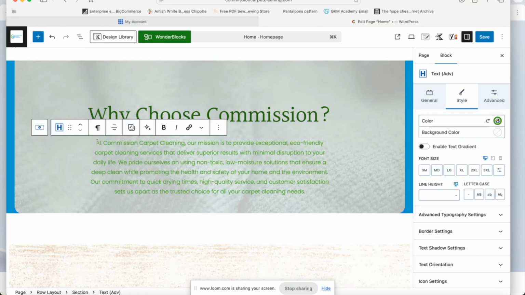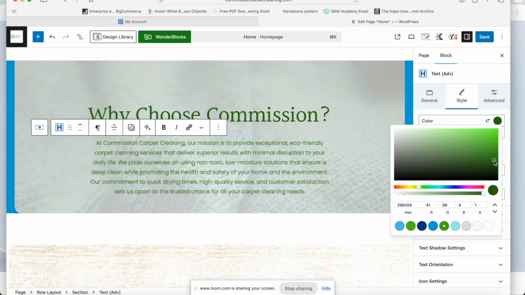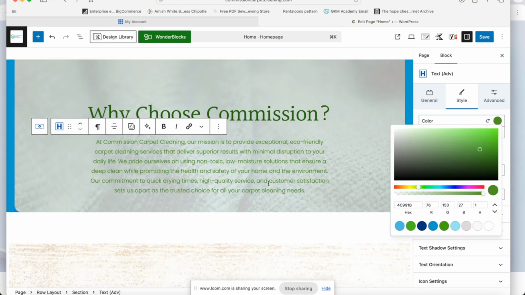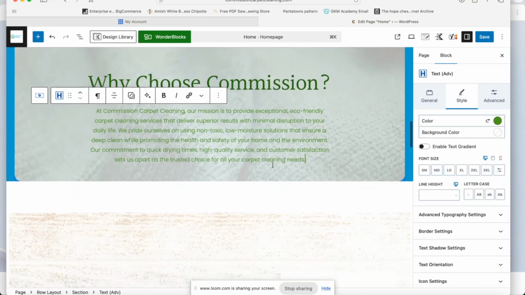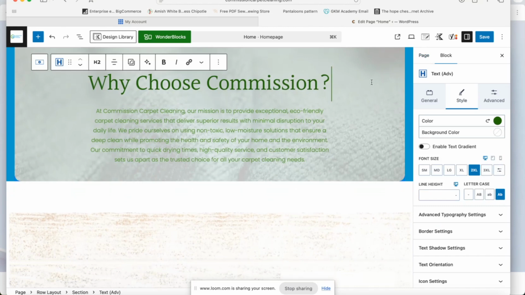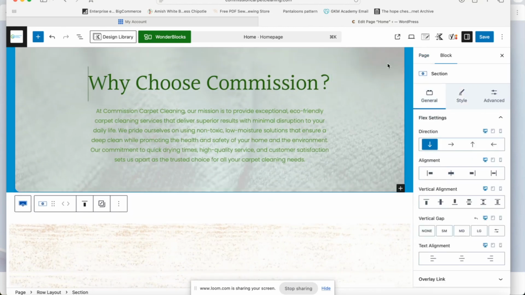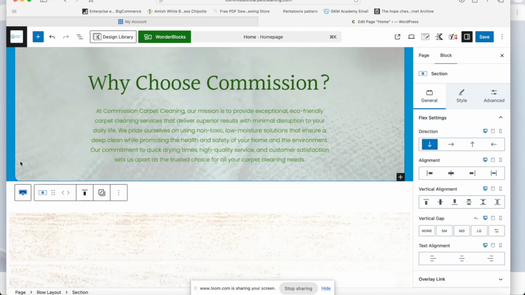And same thing here with this paragraph text. It is difficult to read in that lime green color, so we're going to pull it down. It could still be lighter green than the heading just to give it some more variety, but it's darker and we can read it. Now on this picture, I do feel like this photo is still a little bit maybe too bright for the